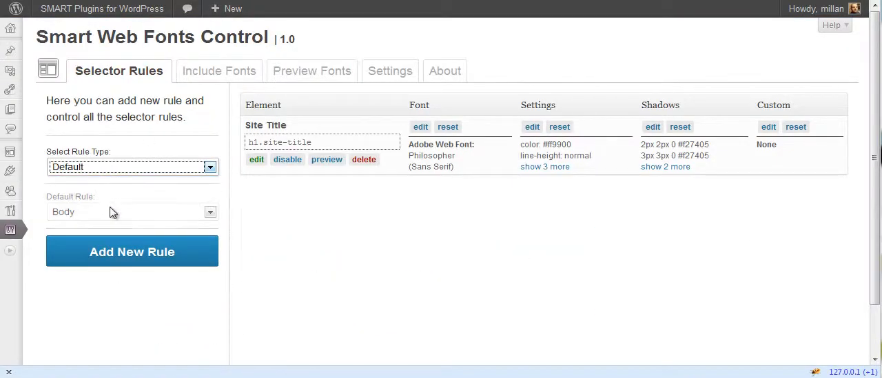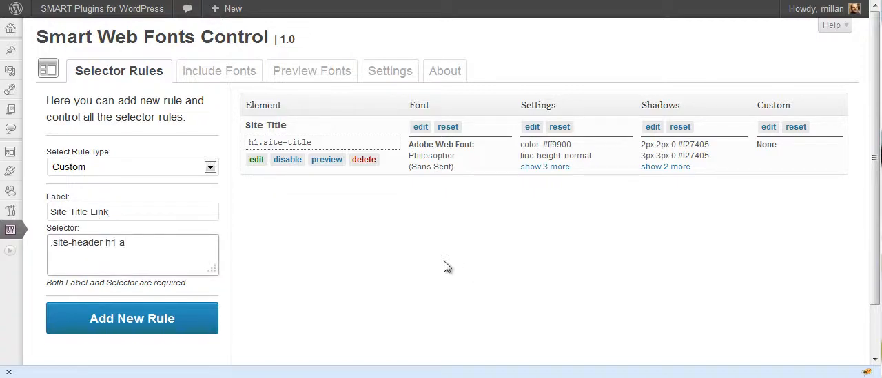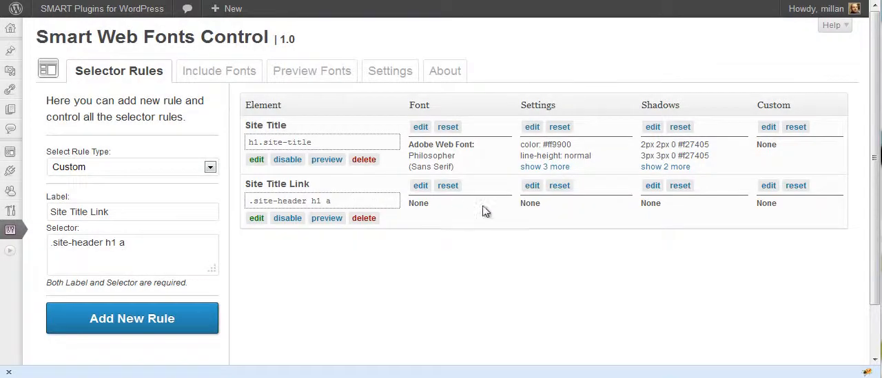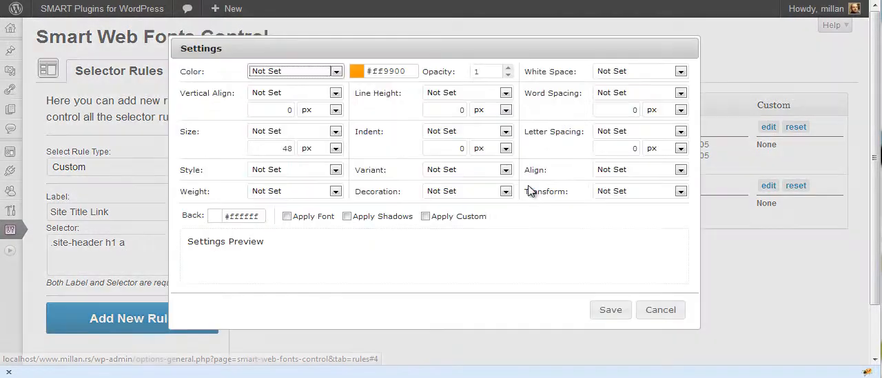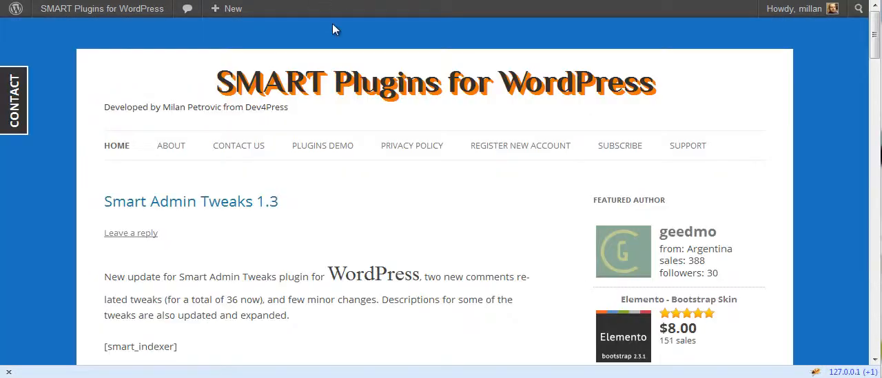So, custom rule, site title link. And we can set only the color here. If you load it now,